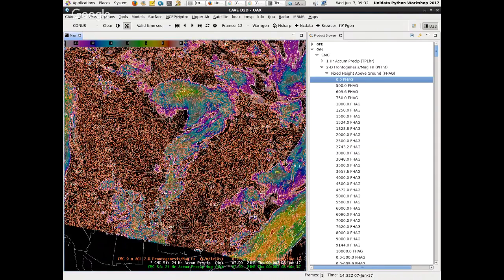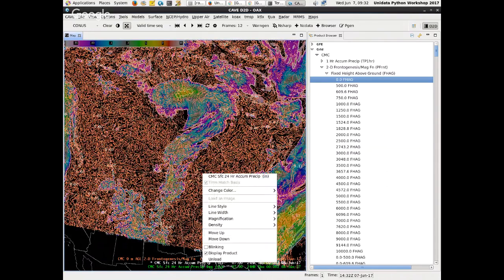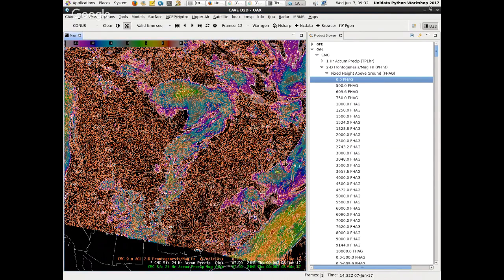And if I hold right click that middle one, which is the contour of the 24-hour accumulation, I can unload. It's the last option on the bottom. Is this difficult to see? Is this too low? Okay. So